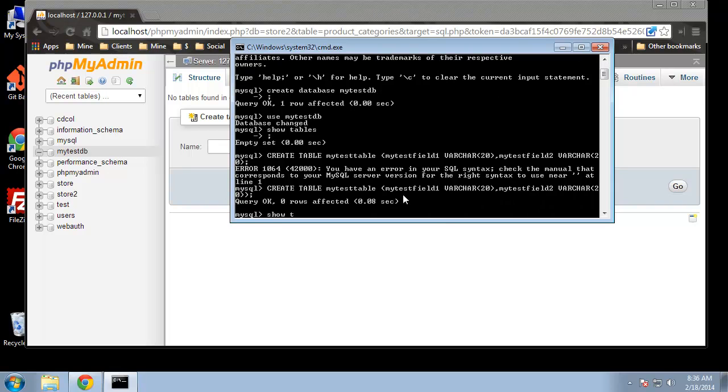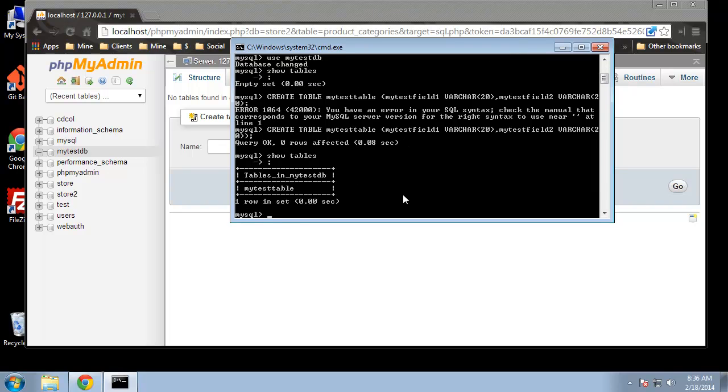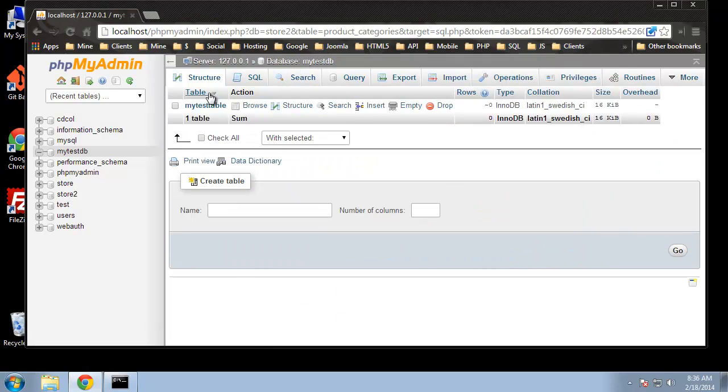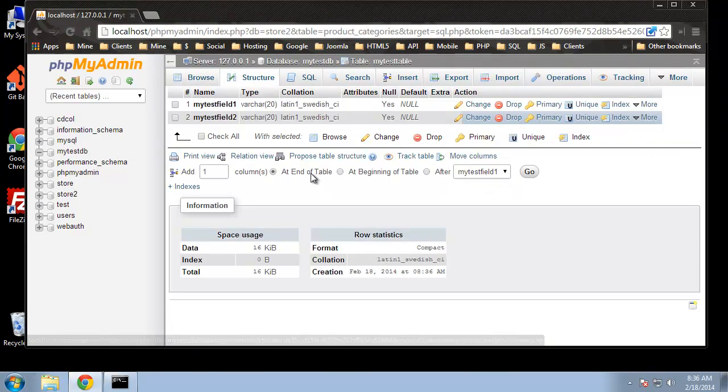Alright, so now if we say show tables, I always forget that semicolon. Alright, so we have my test table, and if we go back to phpMyAdmin and reload, we have our table. And if we click on it, go to structure, we can see our fields. Alright, now this table doesn't have a primary key, so let's create another table in our